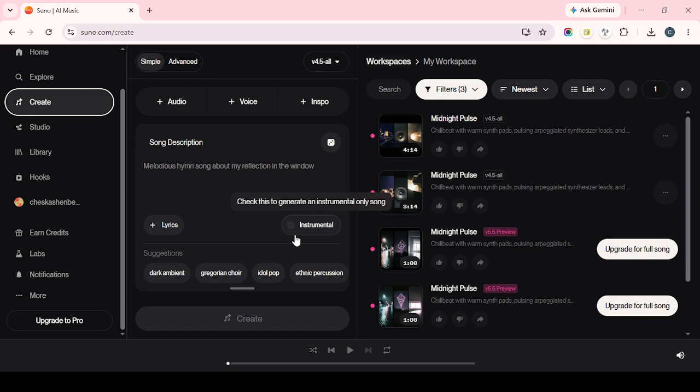Once your genre styles are entered, start the generation process and give it a moment to build the complete track around your voice. When the song is finished,